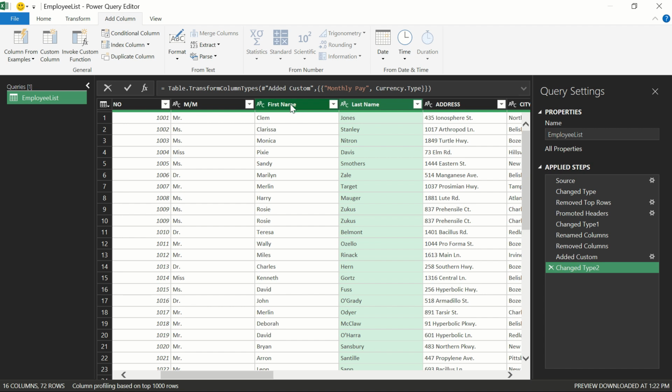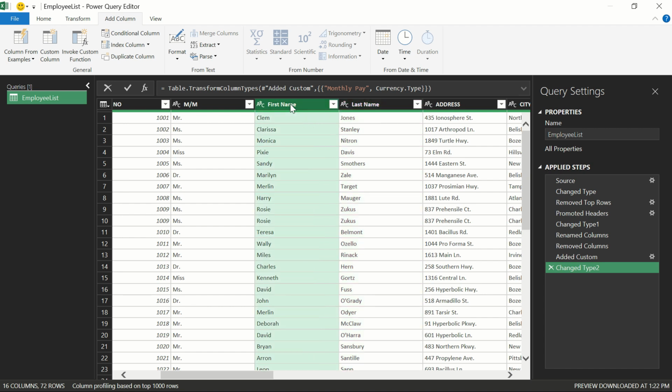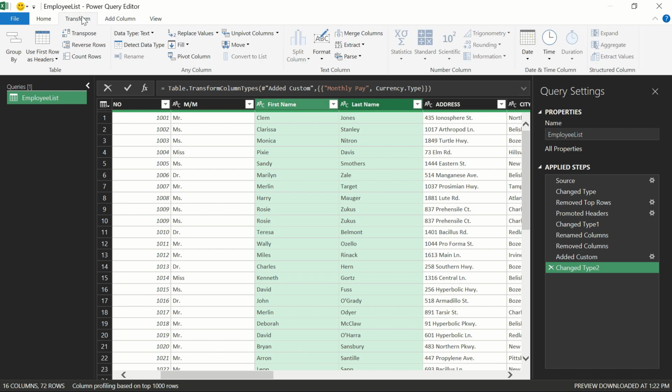So I click on my first column first. Remember when we were doing concatenate, the way you type the formula is the way it appears. When it comes to Power Query, the way you select your columns is the way it appears. So if I want my first name to appear first, I will select my column first name first, hold my control and select my last name. That is saying join the last name to my first name. Then I will go to my transform tab,